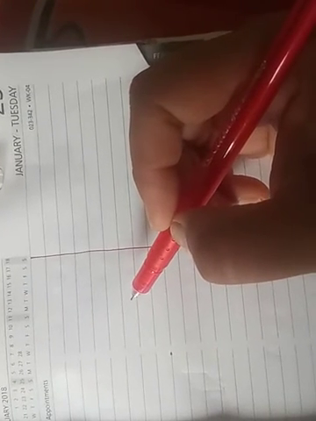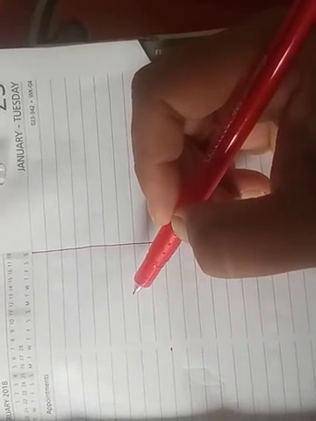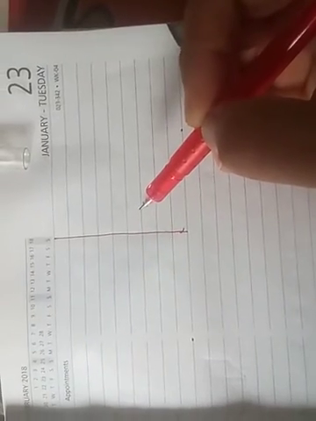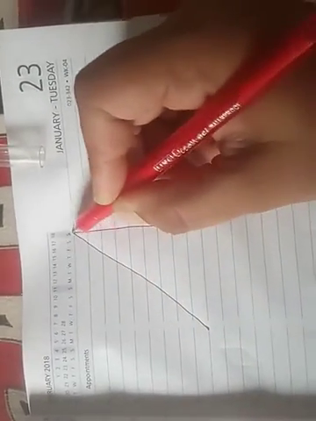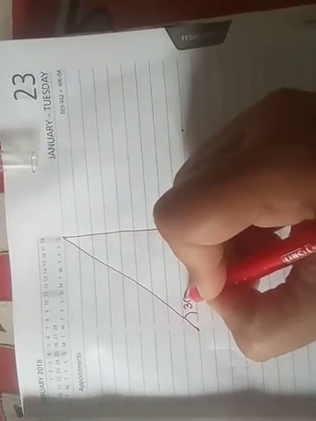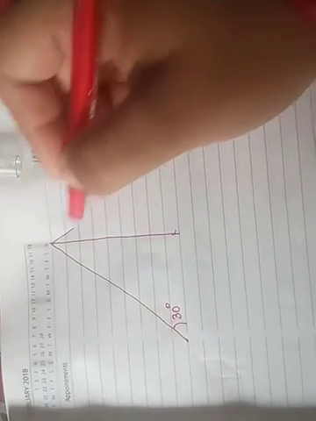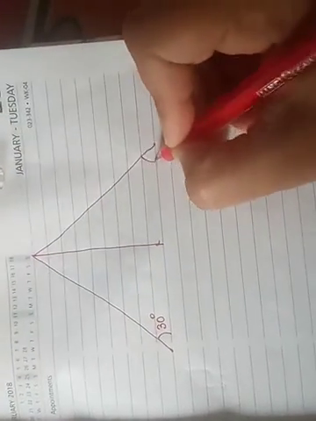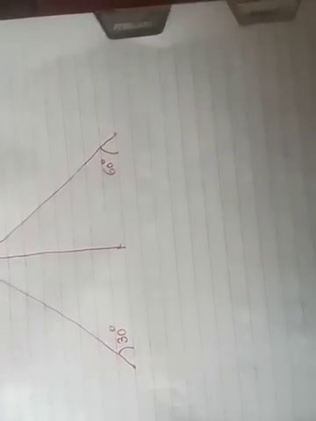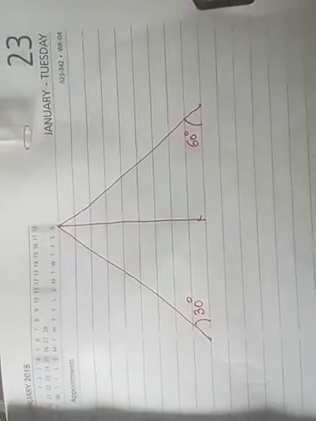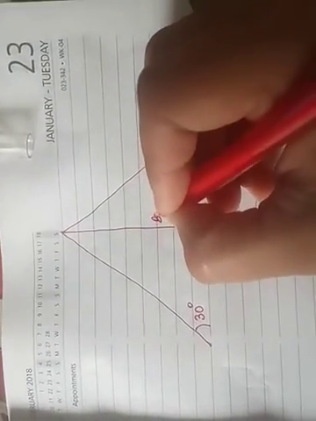So they are saying that from either side of the cliff, which is 80 meter high, they observe the angle of elevation of the top of the cliff. The angle of elevation from the men to the top of the cliff is 30 degree and 60 degree. Find the distance between the two men.